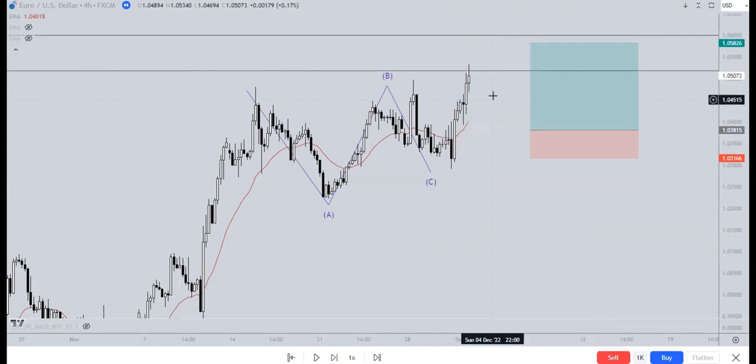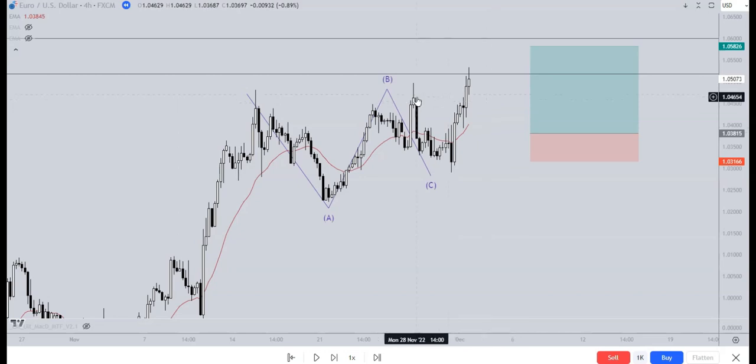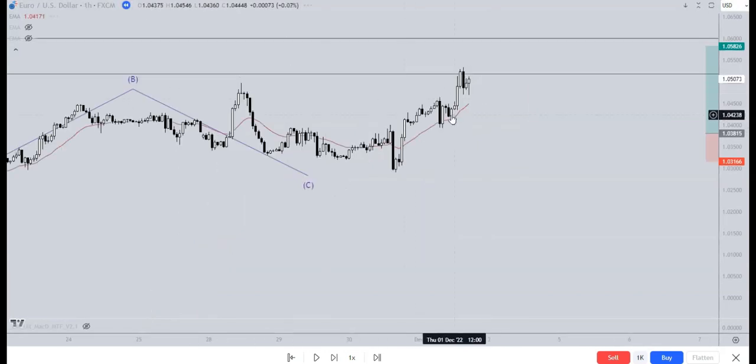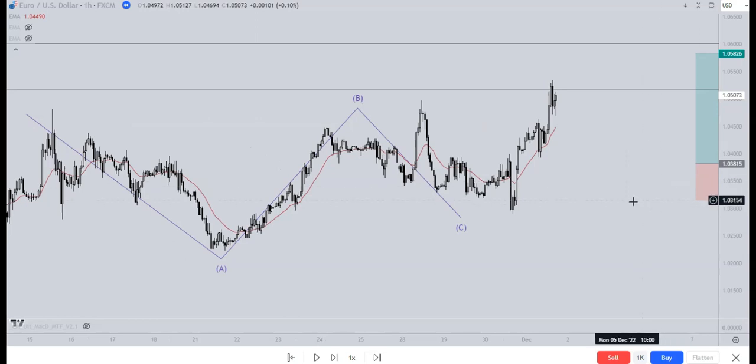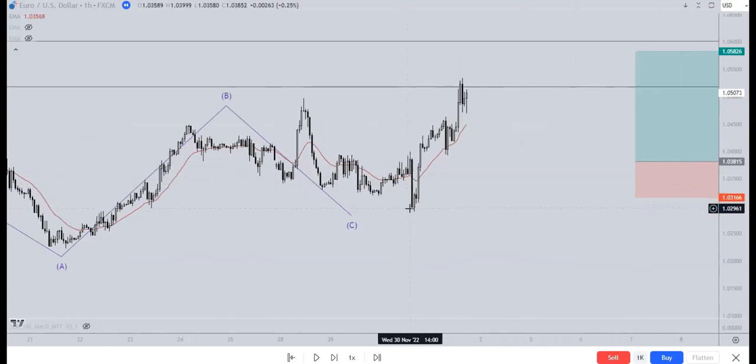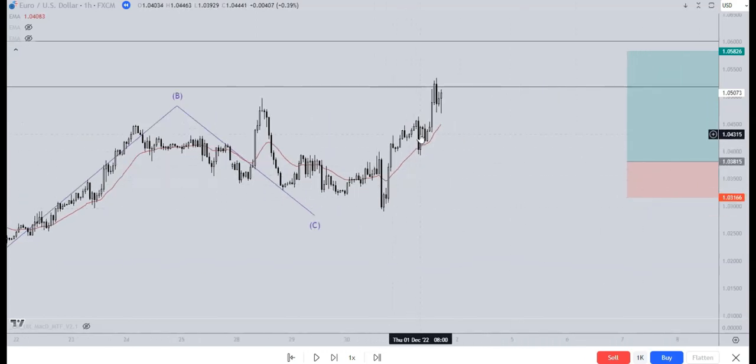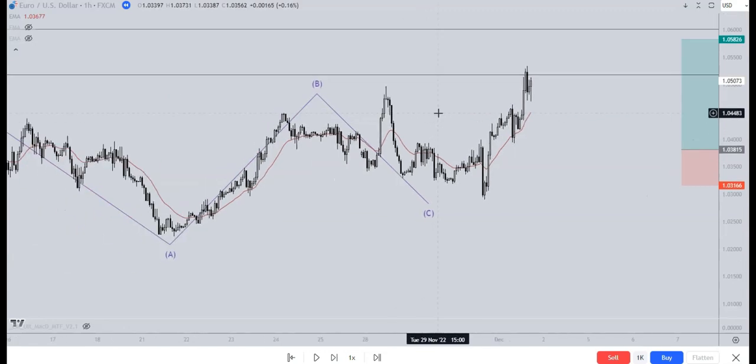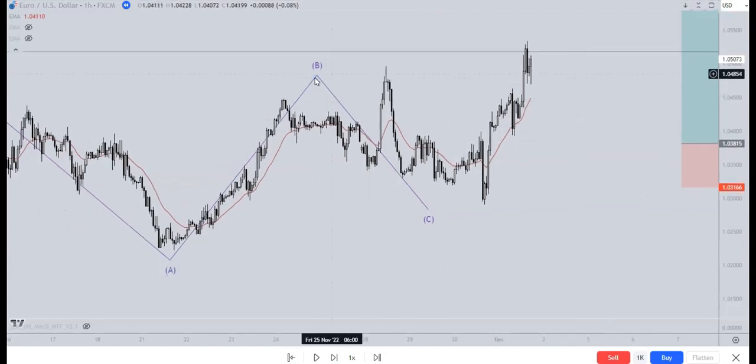Now we are at B. What else could possibly happen there? If we go on the 1 hour, we try to see here sort of the reversal with these candles, and then it did a base. Now, as we know, guys, normally at B, there's some critical point where the pair could do something. So if we got this A, B, and C, which in this case is the shallow C,